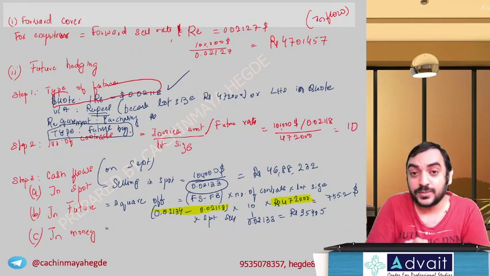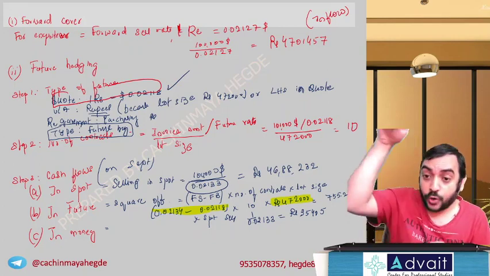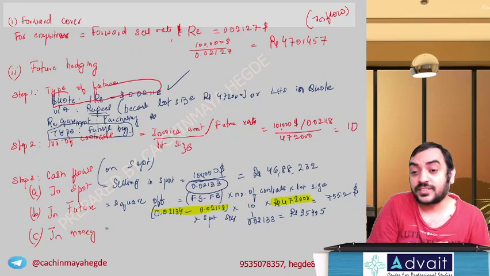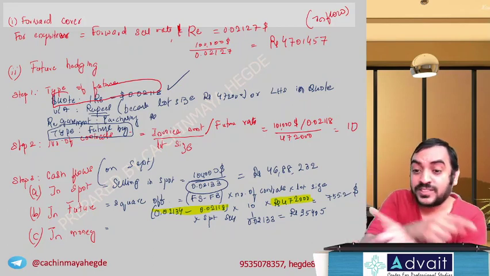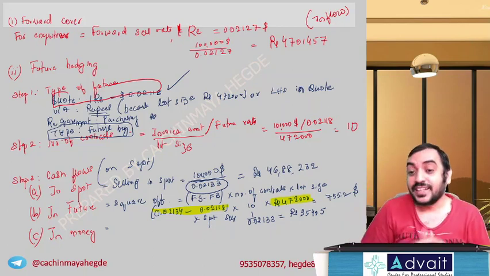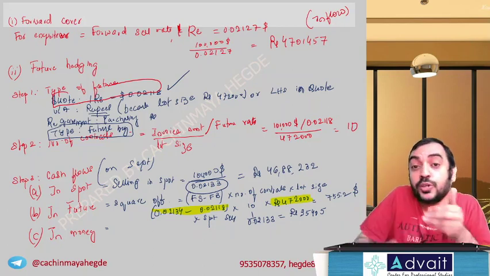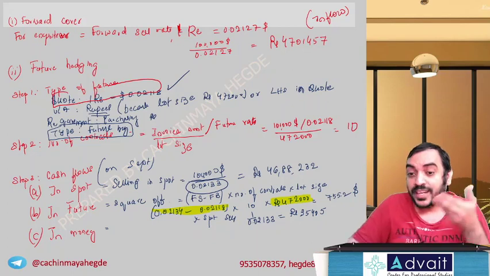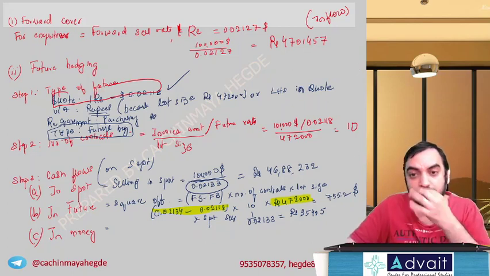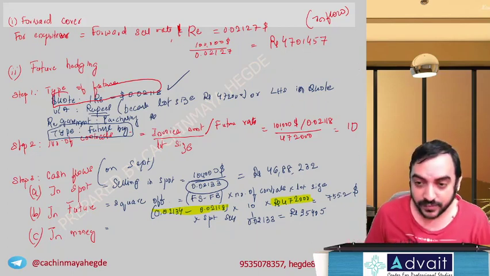In your accounting terms, he booked it at one rate, now it is down. You would have entered a loss on conversion, but that loss will be compensated by this profit. That is how this is helping you covering your losses. It's not visible directly, but it is covering your losses. But anyway,